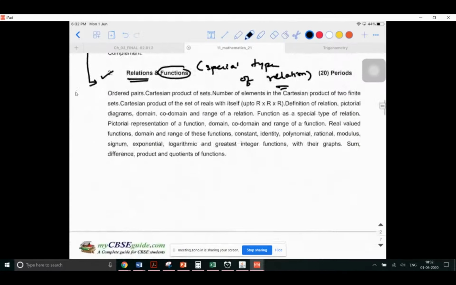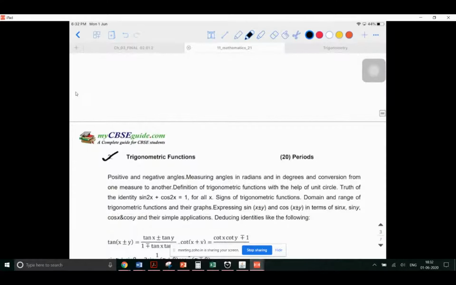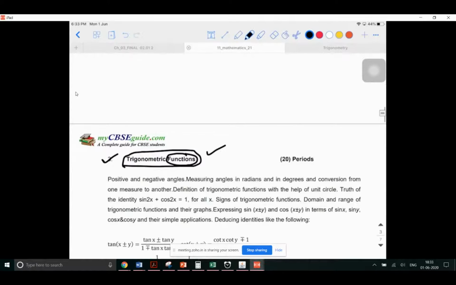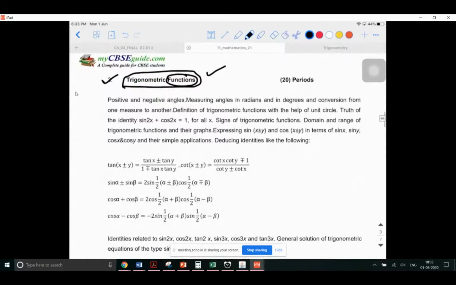And the third part is trigonometric functions. Last year we would have learned only as trigonometry. This year we call them as trigonometric functions, as simple as that. So again, you need not worry much about this function. This is the topic we are going to start with today. If you ask me why I'm not taking these two, it is because these two are completely new to it, and more of theory is involved in it. So just to create some interest in the subject, I'll start with trigonometry because you've already learned trigonometry in your lower grade, in your 10th standard, right? So today we are going to start with this particular branch.